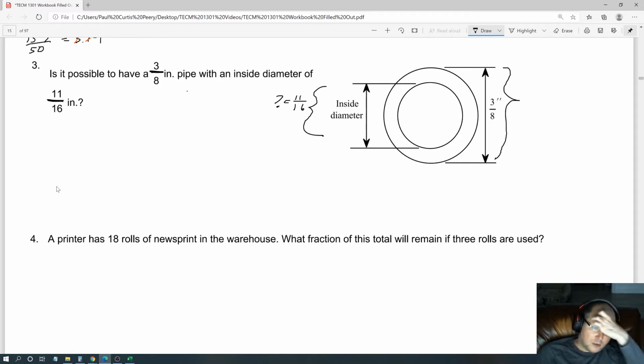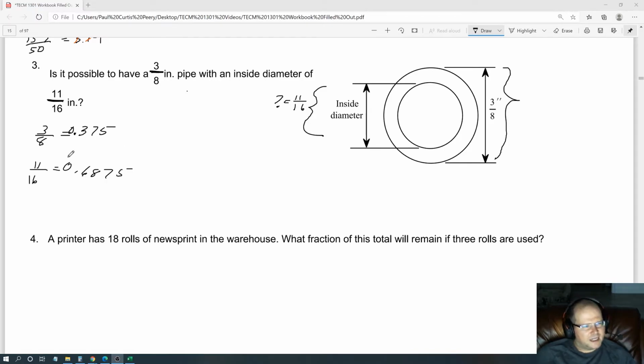Now, how would you know? Well, basically, if the inside diameter is smaller than 3/8, that's okay. But if it's larger than 3/8, that's not okay. Okay, you can't have an inside diameter greater than the outside diameter. That doesn't work that way, right? So what you're going to do is find a decimal approximation like before, so that'd be 0.375, and then you would have 11/16, and 11/16 is approximately equal to